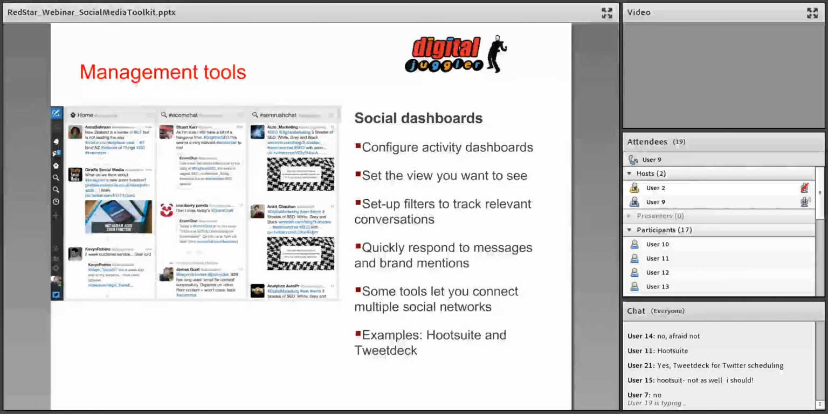So for example, on mine, I run a weekly Twitter chat on Mondays. I have a column specifically for that because during the week people post on the hashtag, so I want to monitor it, react to it, keep actively engaged with the audience. There are other Twitter chats that I follow, therefore I want to have those on separate columns. I also set up filters for specific